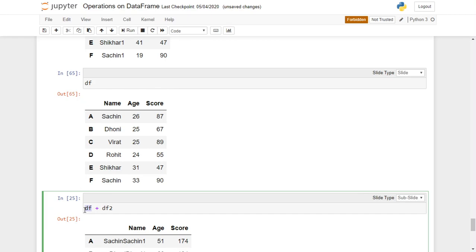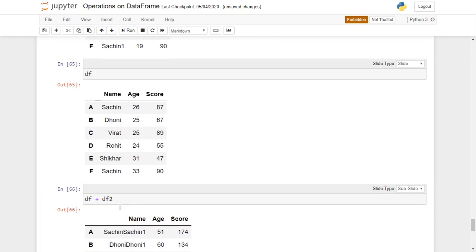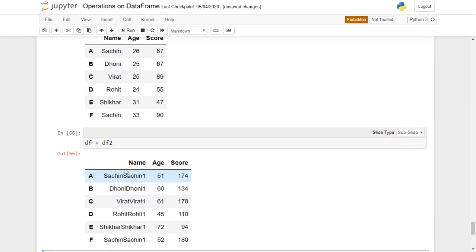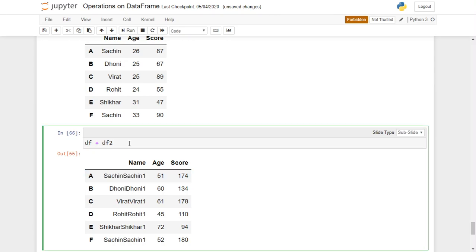So if I perform arithmetic operations between two data frames, my data frame df and df2, I will add these two data frames. Let's see what it gives. See, it is giving Sachin and Sachin. What is happening here? df and df2 is performing operation element wise. It is checking the index for index A